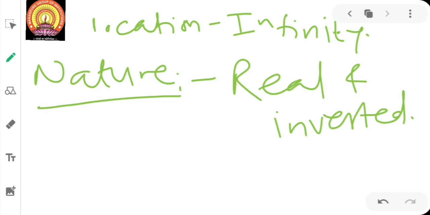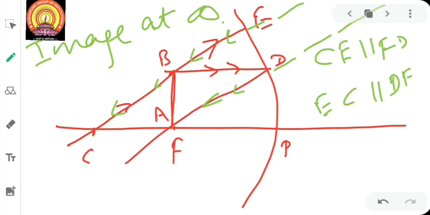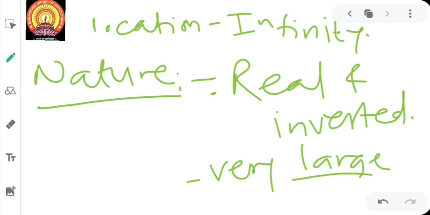And the formation of image, that is very large. Image किस तरह से बना है ऑब्जेक्ट के कंपैरिजन में? वेरी लार्ज, बिकॉज वी आर नॉट गेटिंग इट हेयर. ऑब्जेक्ट का एक्चुअल इमेज जो है यहाँ पे, हाइट ऑफ इमेज वी कांट गेट. सो वी कैन से दैट इट इज वेरी लार्ज. वी विल कॉल इट एज वेरी लार्ज कंपेयर टू द साइज ऑफ द actual image. So we can say it is highly magnified.